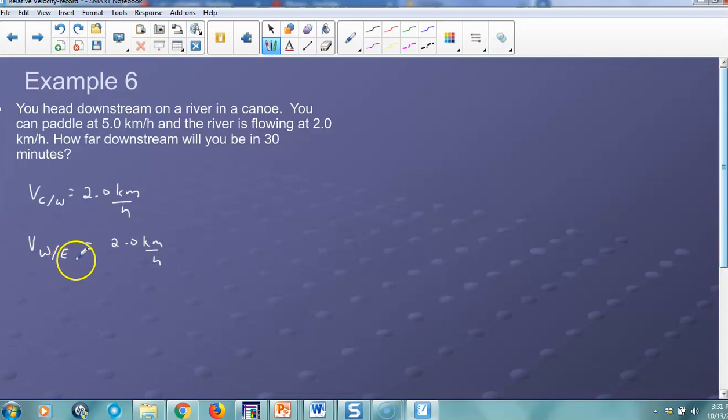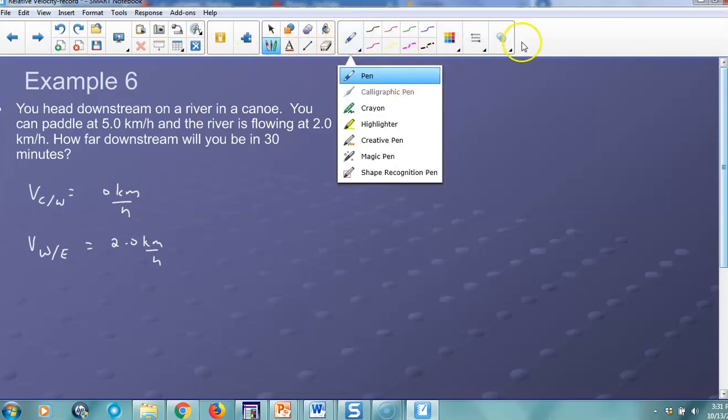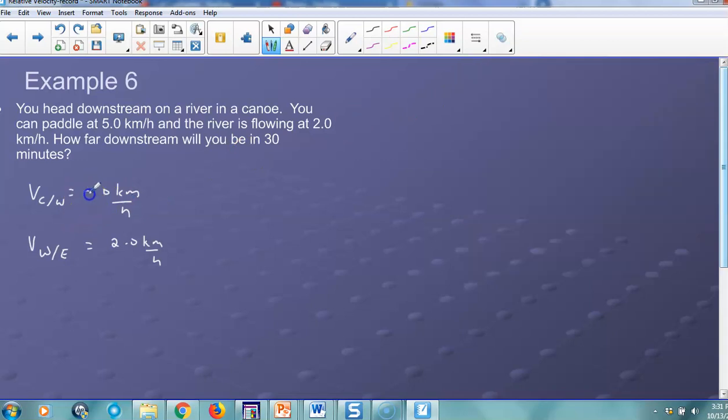Well, how far you actually go downstream depends on your addition of vectors. This is actually supposed to be 5 kilometers per hour. Let me change that. Not 2. And I wrote it again. Oh my goodness. 5.0 kilometers per hour. So we're interested in the velocity of the canoe relative to the Earth,